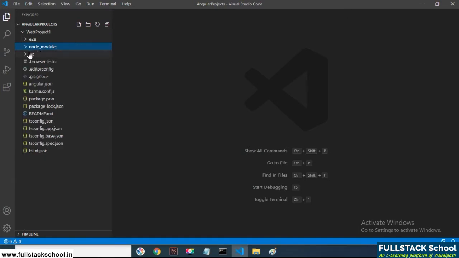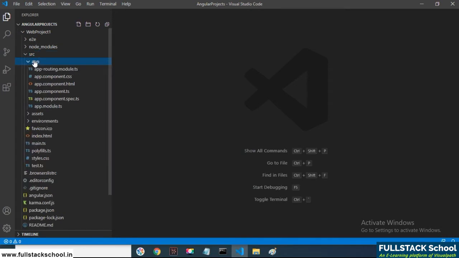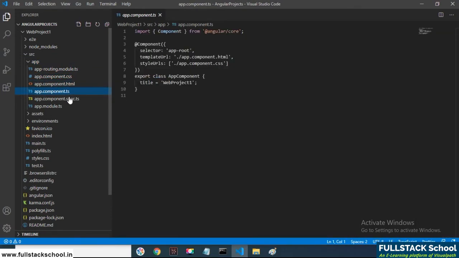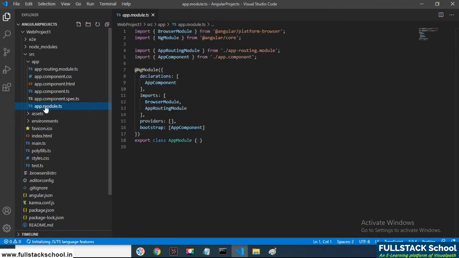Along with that, the src folder is where we write the code to create the components and the Angular application, where it consists of the app component. It is a root component, which consists of the 4 files: app.component.css, .html, .ts file and a spec file. And along with that, the app.module.ts file is where the execution will start.